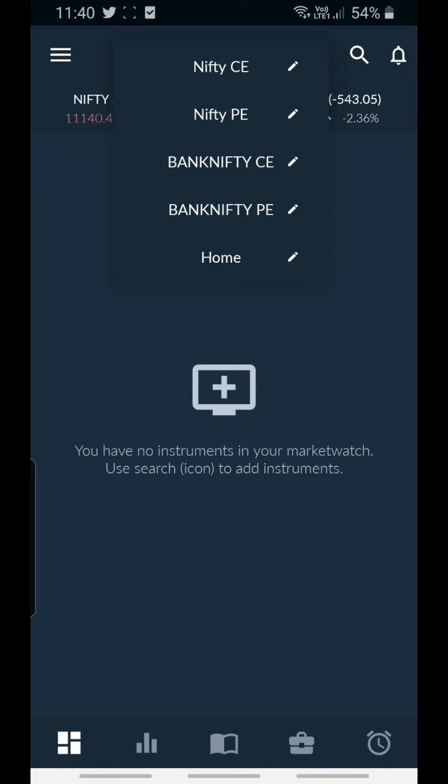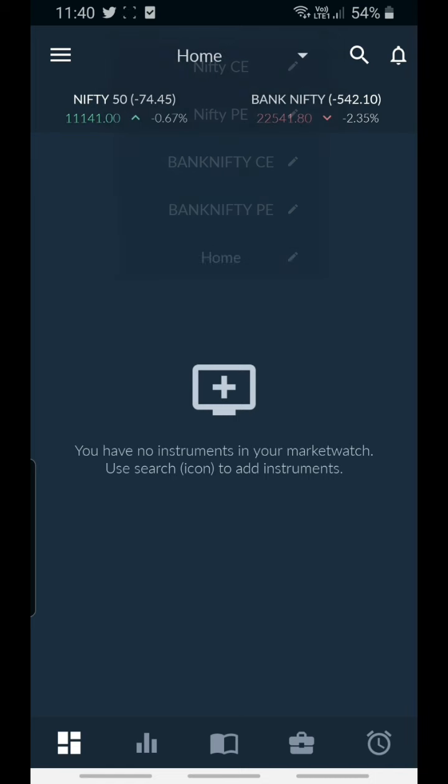Here you can add the stocks or options or futures, whatever you want to add, you can add it over here, right? I have changed the names of these market watches, like I have changed them to Nifty CE, Nifty PE, Bank Nifty CE, Bank Nifty PE and home, right?